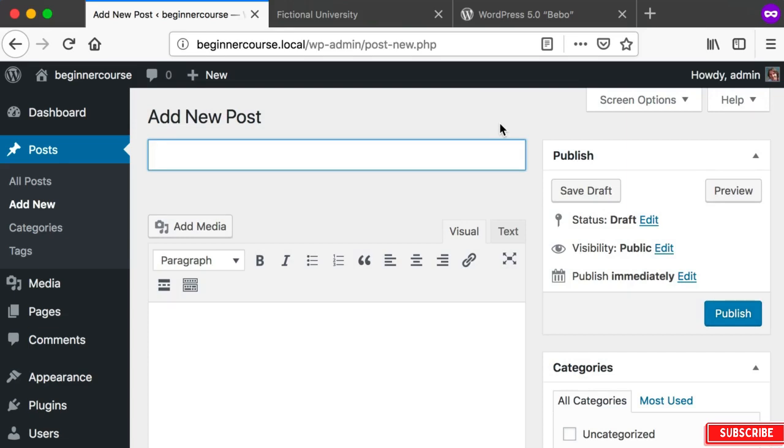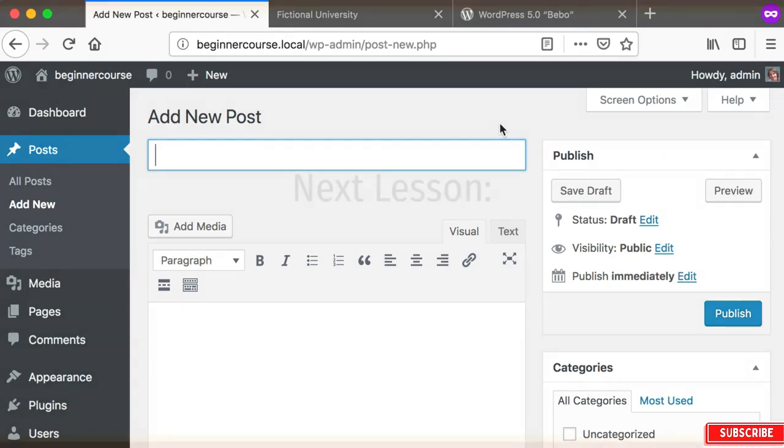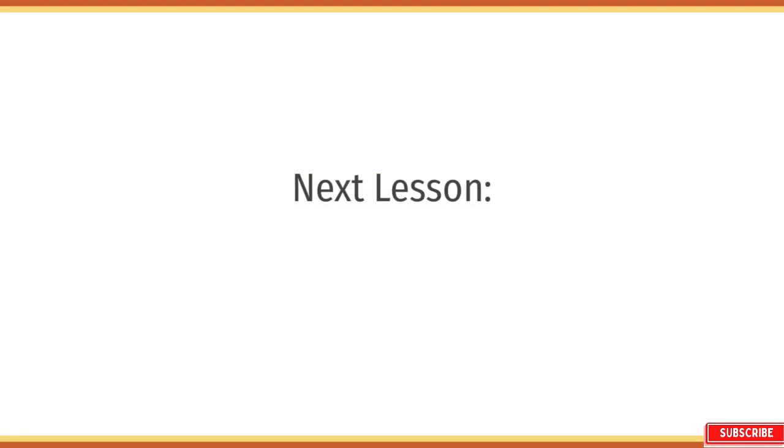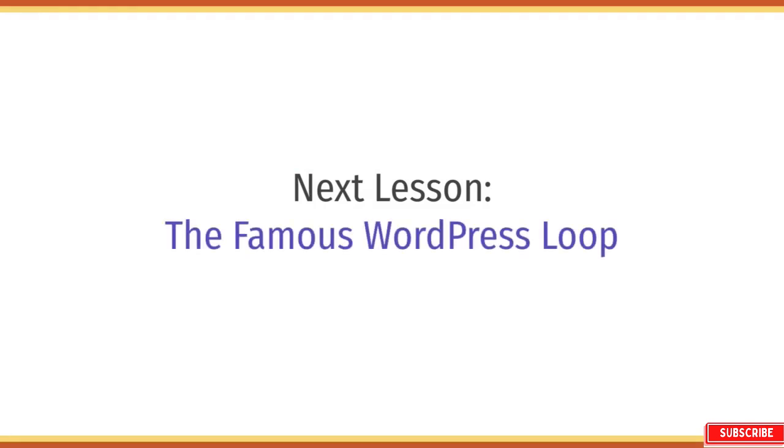Having said all of that, I think it's time to move on to the next actual lesson. So up next we are going to learn how to use PHP code to do something that's actually useful. We're going to learn how to loop through multiple WordPress blog posts and display them on the public-facing portion of our website. It's going to be a lot of fun. So let's keep things rolling. I will see you in the next